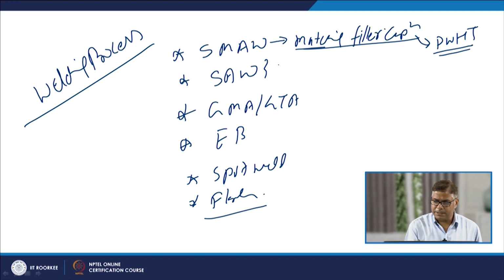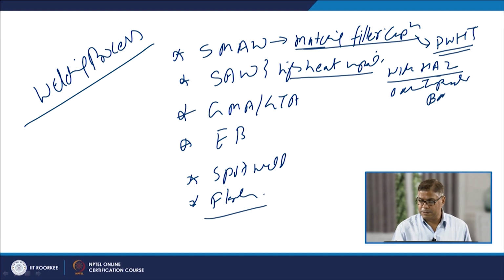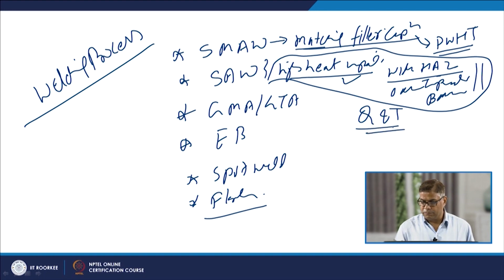Submerged arc welding is known to be a high heat input process. So, this will cause greater problems associated with a wider heat affected zone, as well as maybe over tempering of the base metal which is being heated due to the high heat input. In order to deal with these issues, sometimes it is required to do a complete quenching and tempering heat treatment of the weldment, so that the properties can be